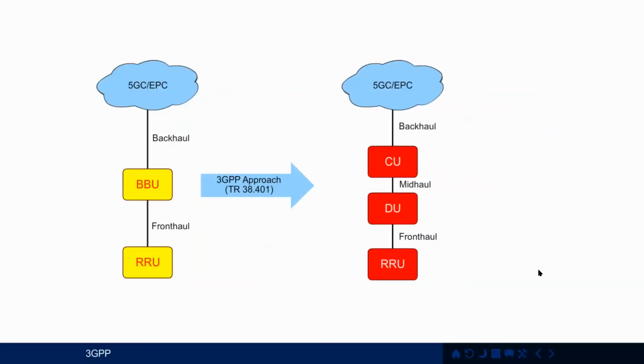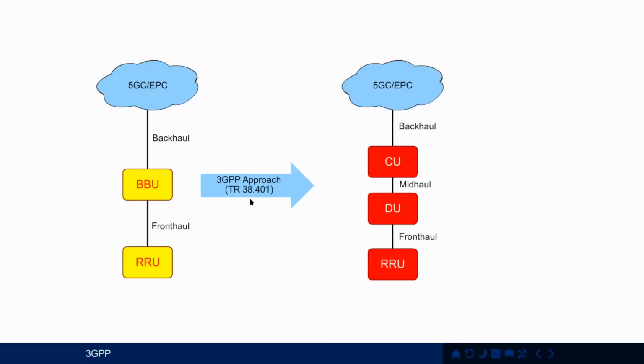So just have a quick look at the organizations that are involved in O-RAN, and 3GPP, the Third Generation Partnership Project, have addressed this particular issue. On the left-hand side, we have the original architecture with the baseband unit at the bottom of the mast, remote radio unit at the top, the connection between the two, as mentioned, using fiber optic. That's often referred to as the front haul interface. And the connection from the BBU back into the core, whether it be a 5G core or an LTE evolved packet core, is referred to as the back haul.